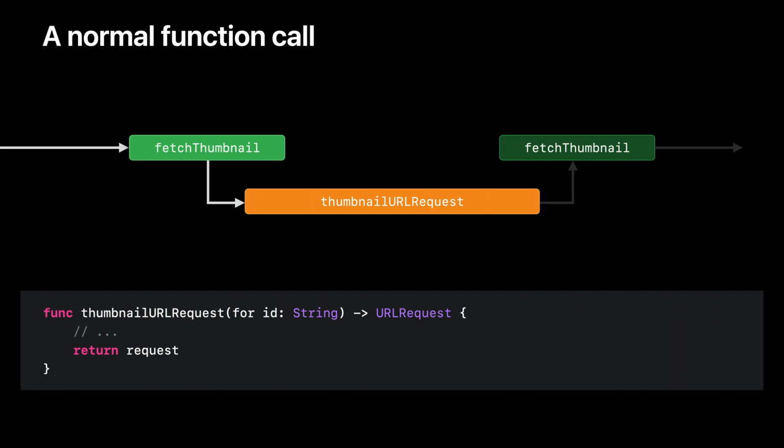That work might be in the body of the function itself, or in other functions that it calls. Eventually, that function will finish, either by returning a value or throwing an error. When it does, it hands control back to your function. That's the only way that a normal function can give up control of a thread, by finishing. And your function is the only one it can give control to.